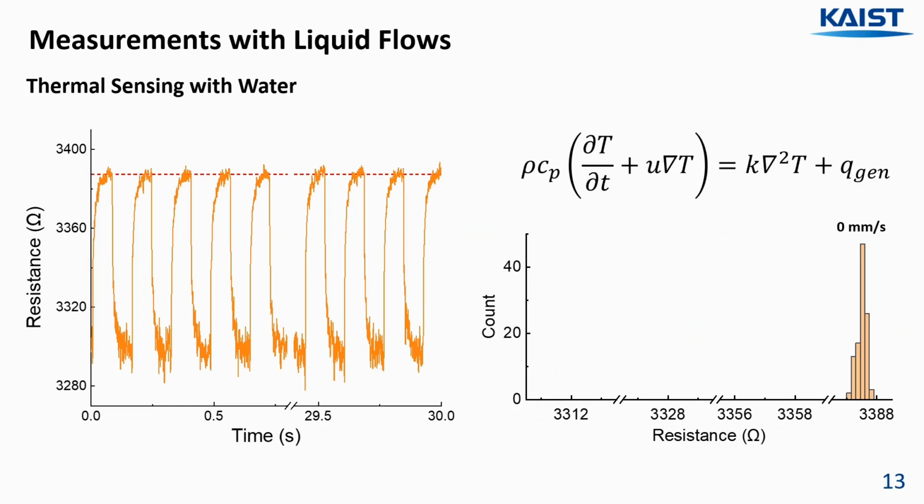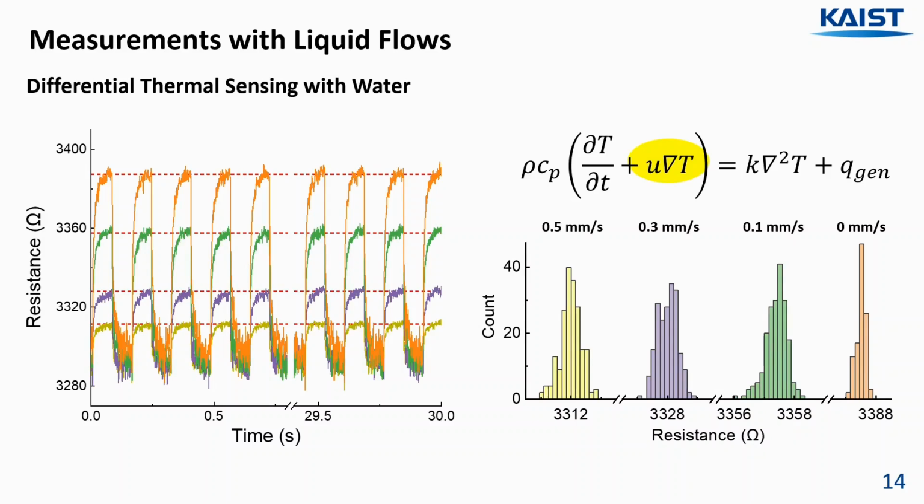Then we investigate how the system behaves under different flow velocities. Let's start by focusing on the 0 millimeter per second case, where there is no fluid flow. And as we introduce flow, the resistance changes, which reflects the difference in temperature under the same applied power. Higher flow velocities lead to greater cooling as the moving fluid removes heat more efficiently, resulting in lower resistance. By analyzing the difference in resistance at various flow velocities, we can quantify the heat transfer enhancement by fluid flow